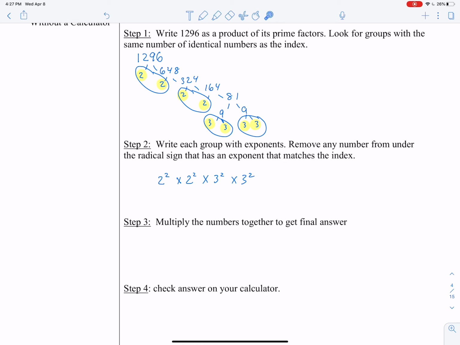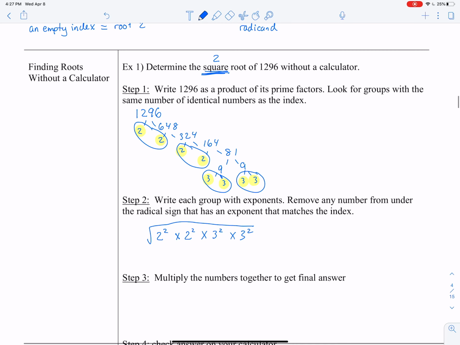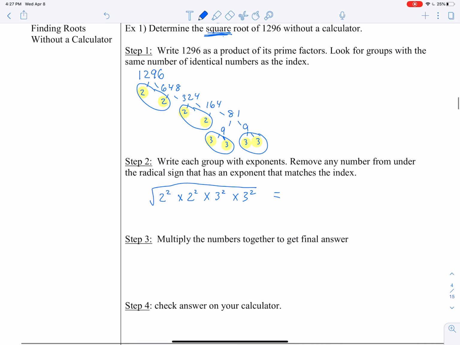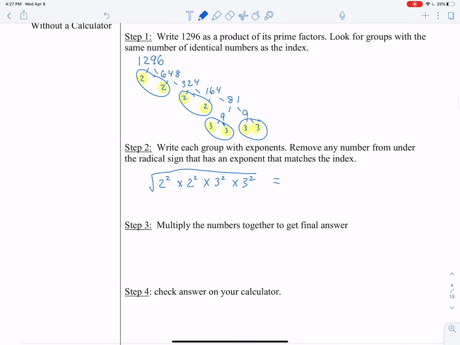Okay, now I'm doing a square root. So I'm going to take these and write the square root sign on top, because in the initial question it's saying it's a square root. Okay, I'm going to write the square root sign on top. Now, anytime that I have